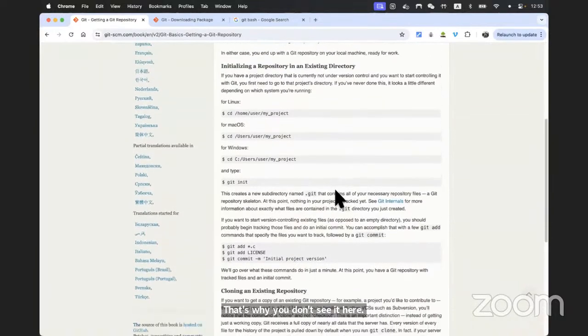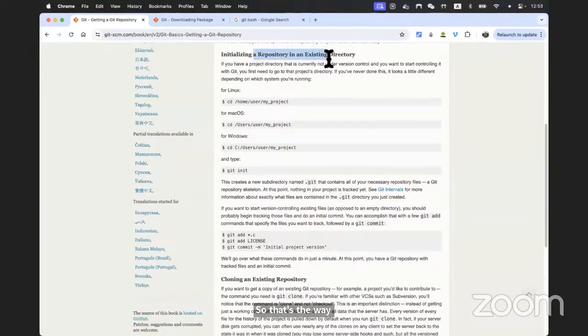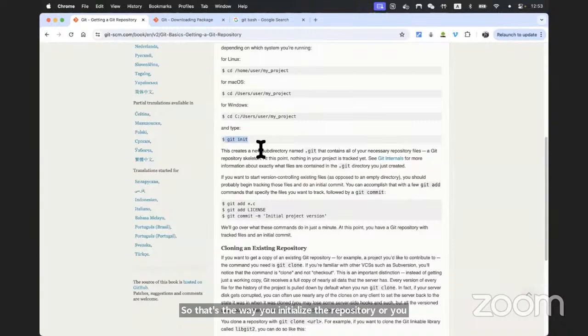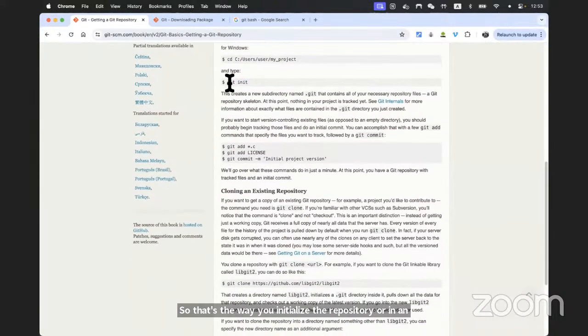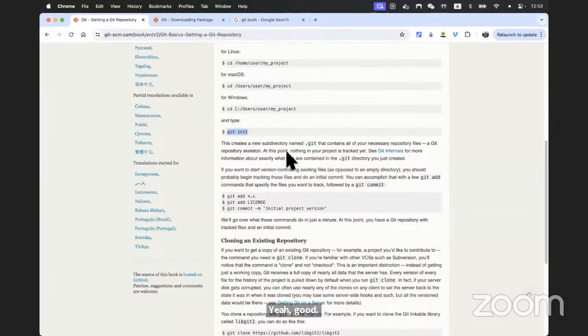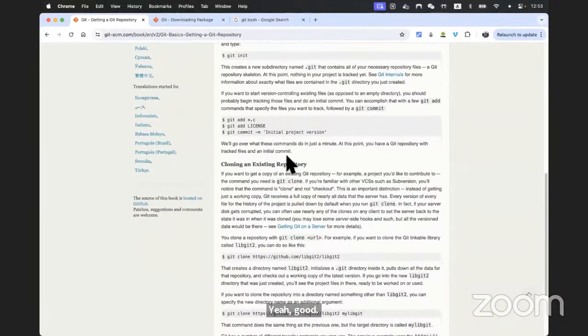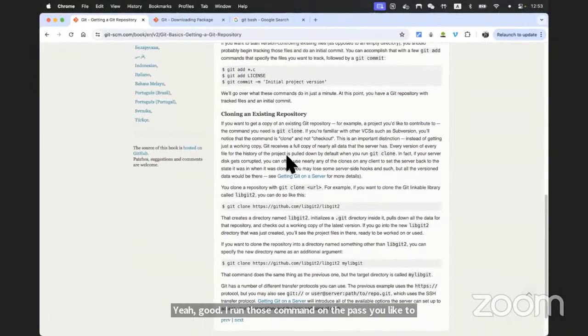So that's the way you initialize the repository in an existing directory. Git init. Run this command on the path you'd like to work on. All right. Another way to